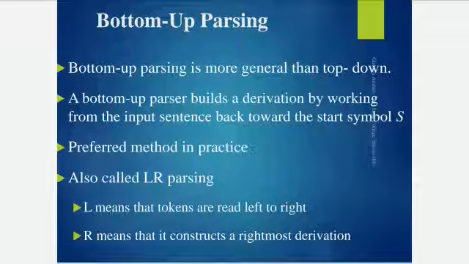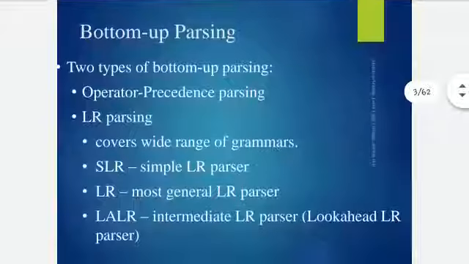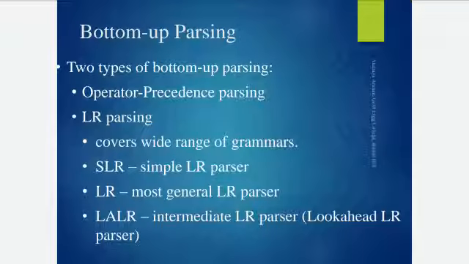But top down parsing is also called LL(1). In LL(1), the first L stands for scanning the input from left to right, the second L stands for leftmost derivation, and 1 denotes the lookahead pointer, only one pointer at a time. But what is LR? Here the first L stands for scanning the input from left to right, meaning the tokens are read from left to right, and R stands for rightmost derivation, the parsing or construction which is done with the help of rightmost derivation.